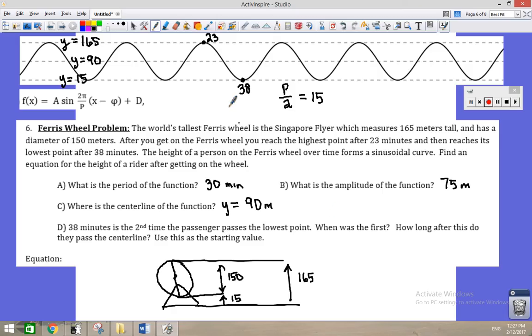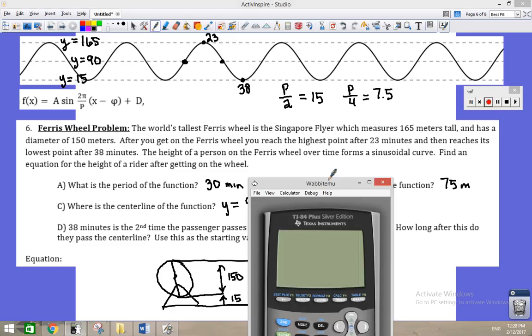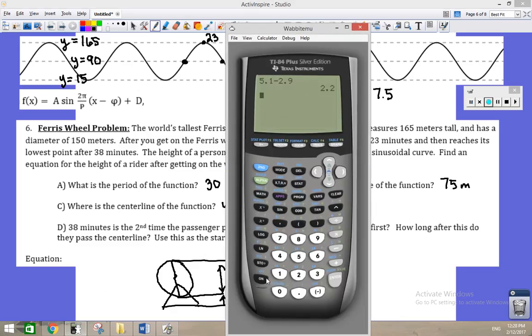Now, a convenient point to pick for the sine curve would be right here. If 30 minutes is the period, then a fourth of the period is 7.5 minutes, and that means I'm jumping from here to here 7.5 minutes, from there to there 7.5, from there to there. So if I take the 23 and subtract 7.5,